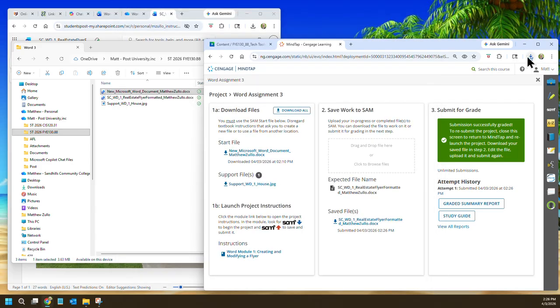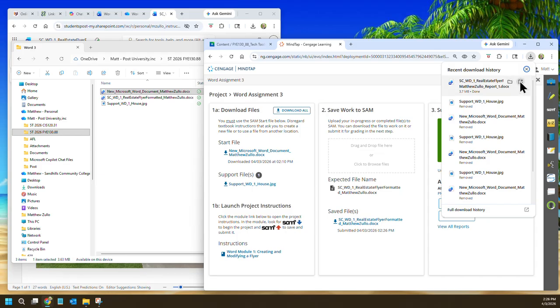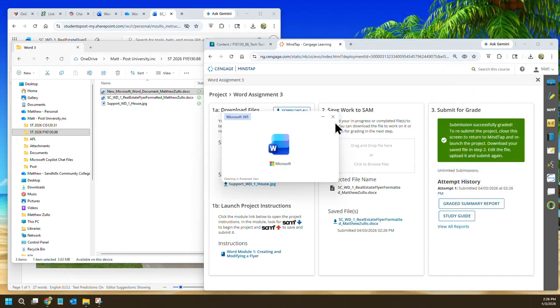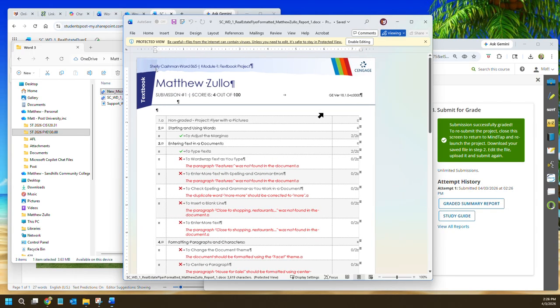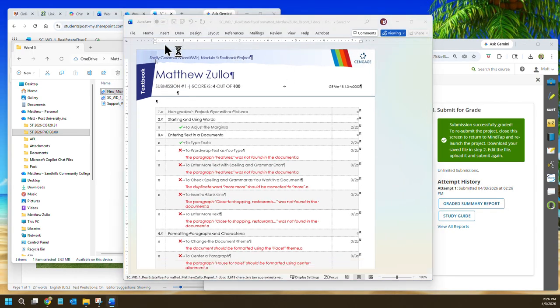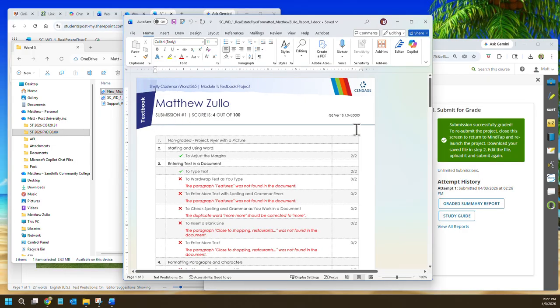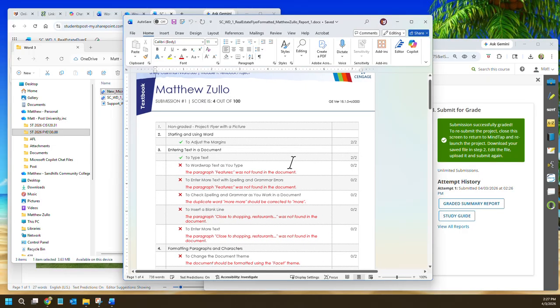I should have enabled editing so that I could close that. All right, here we go. Do that again. Enable editing so that I could turn that off. There we go. This is the best part of Word. What it tells you is that